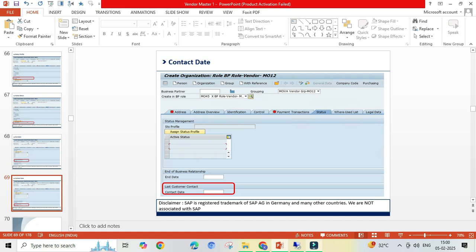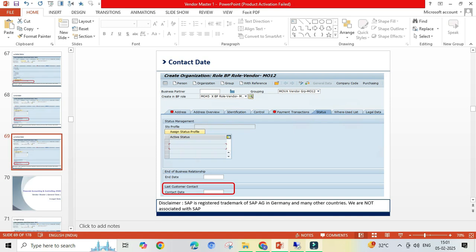If the customer has been in contact or if contact has been made with the customer, you can update the date field manually. If the customer has initiated a transaction on the account, it is possible for the business intelligence to automatically update the date field with the date of the last customer-initiated transaction. So this is called contact date. So the next one is